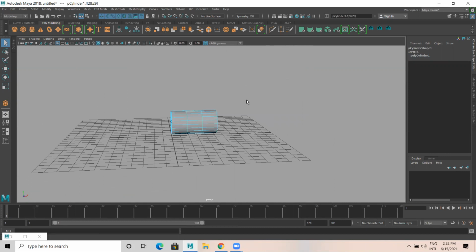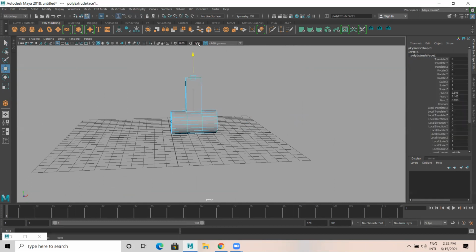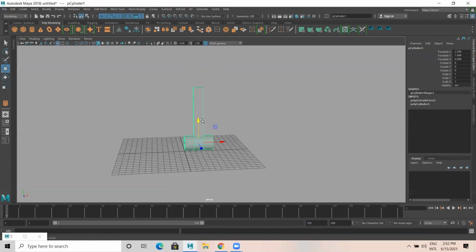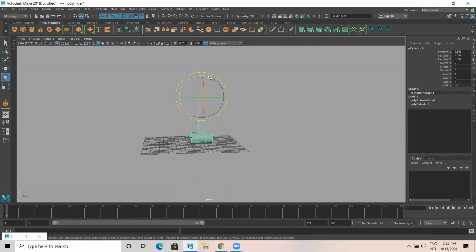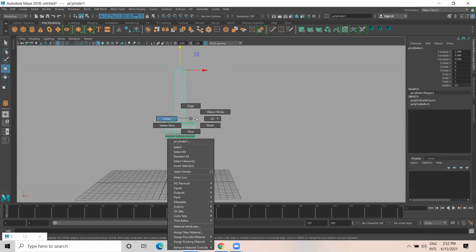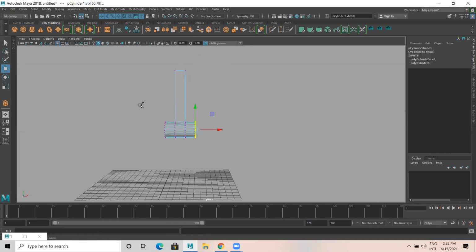Select these two faces and I'm going to extrude this like this. And the pivot point of this, I'm going to place at the top here. So that if I rotate this, I get an output like this. You know this pendulum, how does a pendulum work? You know that, right? What is a pendulum? Yes, it goes left, right.